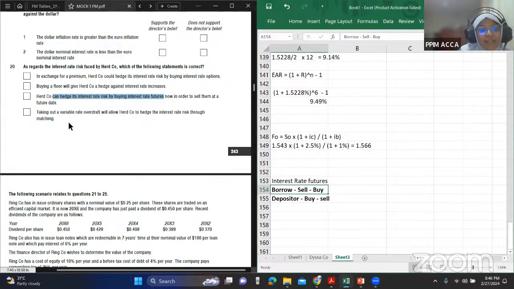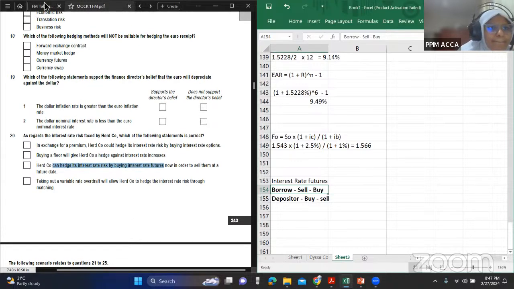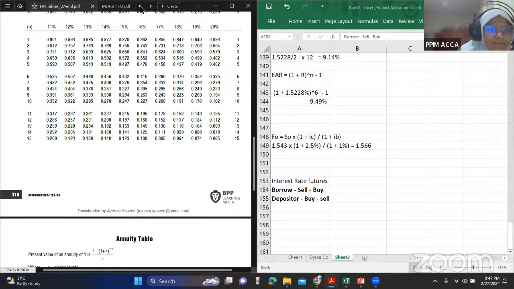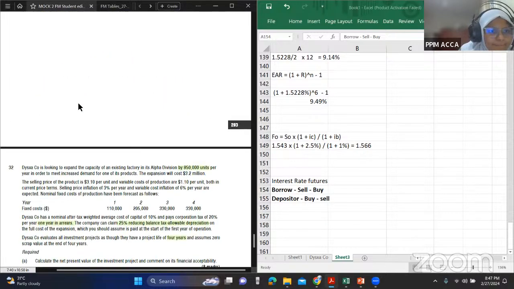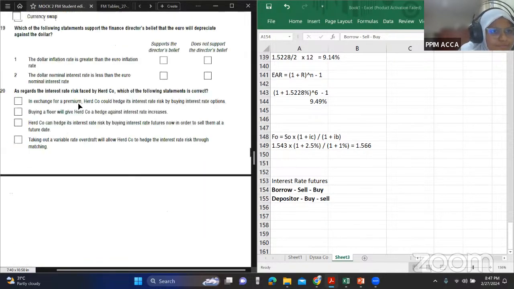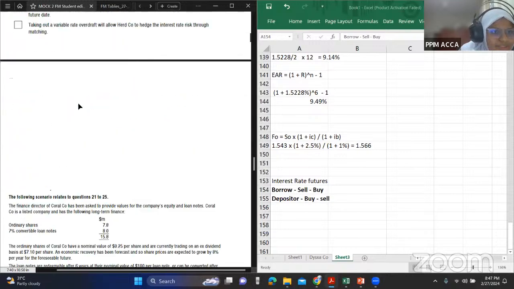If you want to match, then you have to deposit somewhere and make sure that you get an interest, and the interest that you get and the interest that you're paying, it matches. So here, taking one loan to match with another loan doesn't make sense. So D is wrong. Definitely wrong. So the answer there will be A. Sorry. Yeah, so it's A.